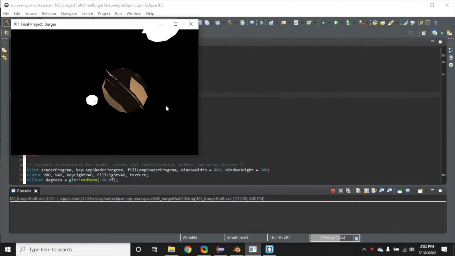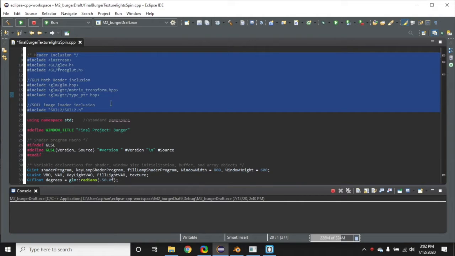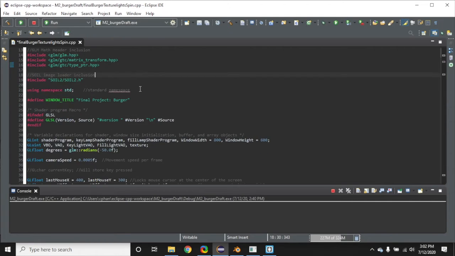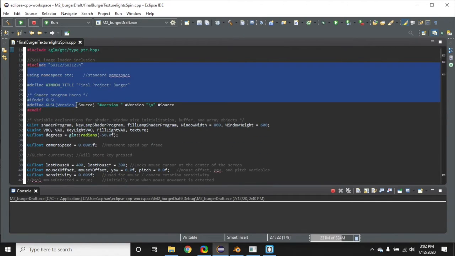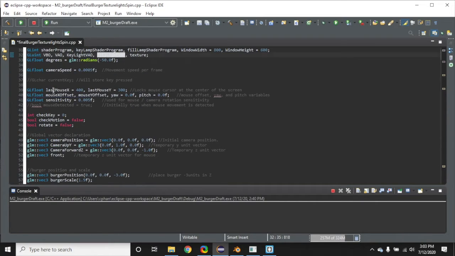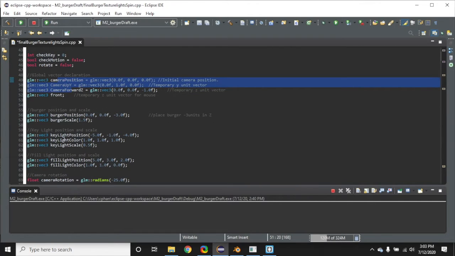around the object. So we started off with including some header files so that OpenGL could perform all the additional functions that we needed to. And we'll do just general setup of the program. Here we're declaring variables for all of the items that we'll be using, shader programs, variables for the fill light, key light, and textures, variables for the mouse position, camera position, position of the burger, the key light, fill light,